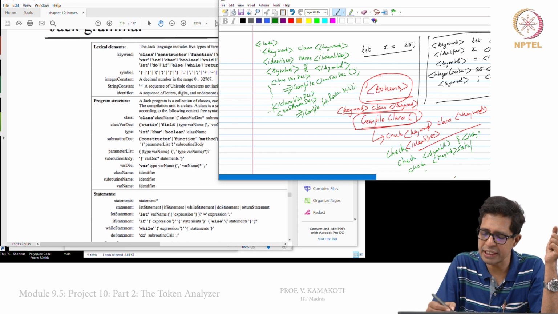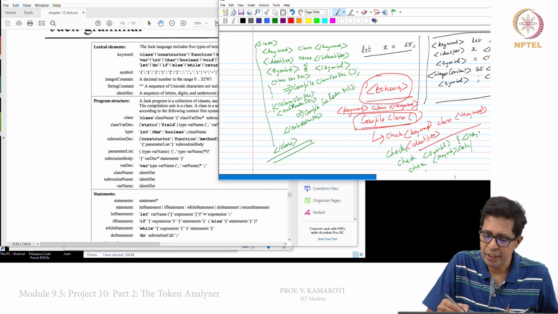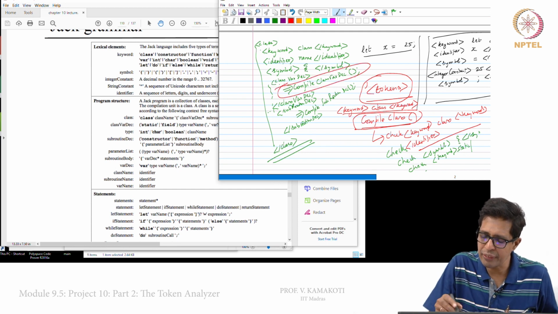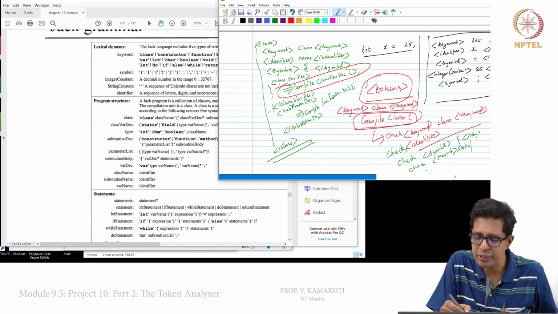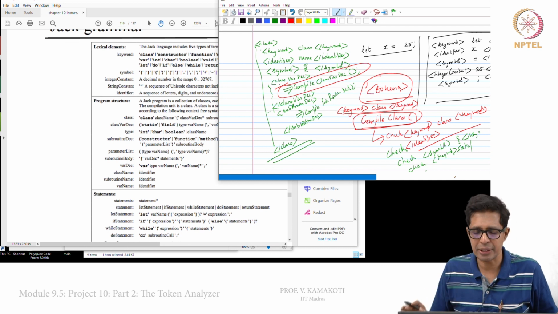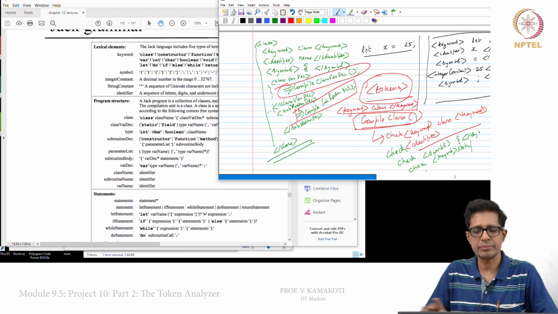After that finishes, you again come back and write slash subroutine dec, and then come back, align, and write slash class. So, essentially whatever is output by compile class var dec will be part of this output, and what is output by compile subroutine will also be part of this output.